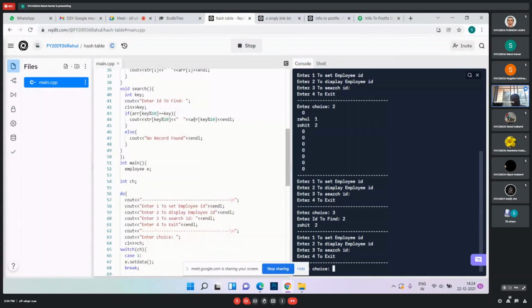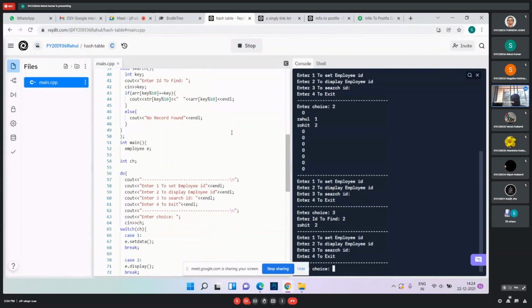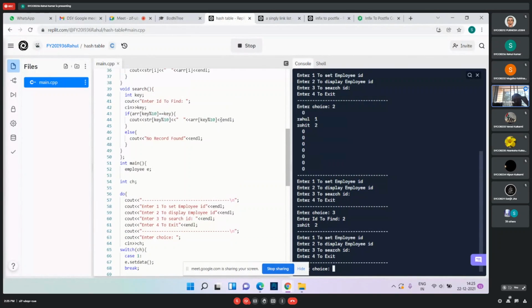You are not at all talking about what the hash table implementation is as far as this implementation is concerned, because your assignment itself is titled: consider an employee database of n employees, make use of hash table implementation to quickly look up the employee ID number. This is the assignment title, and I'm interested to listen from you against this particular title. Whatever search operation you are doing is with the help of hash table implementation.